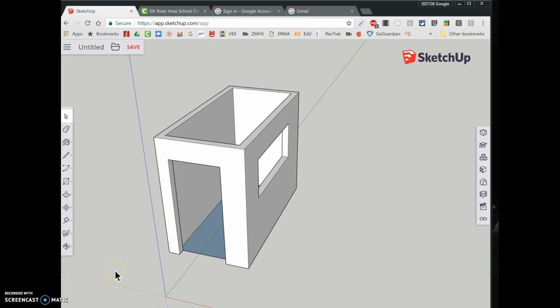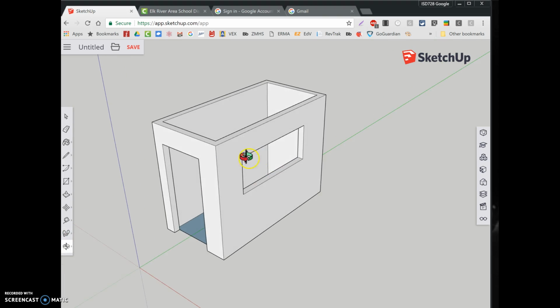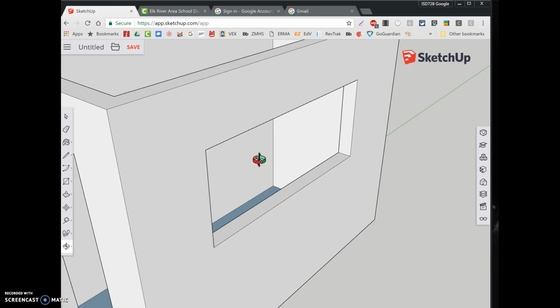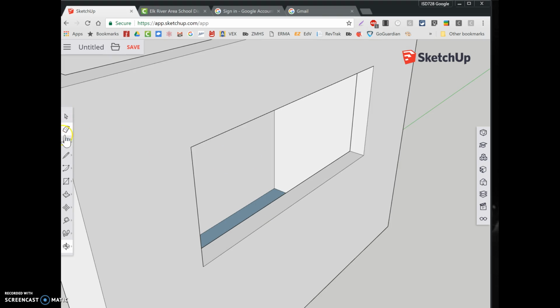All right, so let's get those windows in the roof drawn. I got my door, I got one window, I got one window to go. I'll just do one for now. I'm going to orbit my screen a little bit so you can see my window, and I want to draw the glass back in. The glass is going to be a line, and the line is going to be drawn